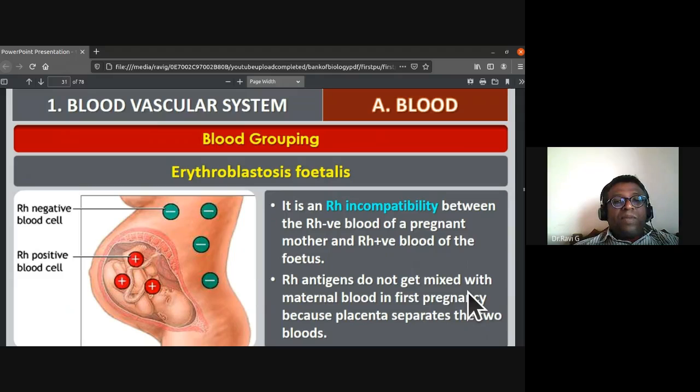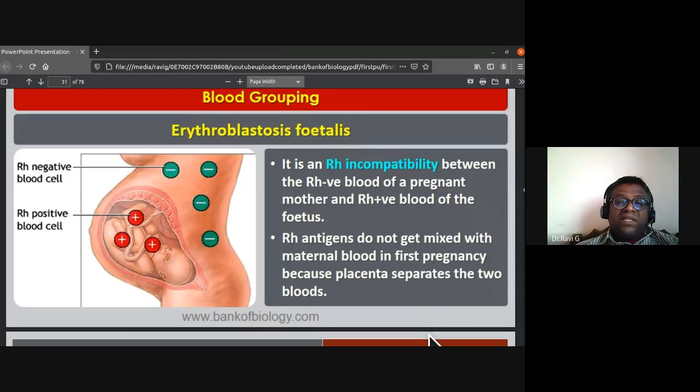So the blood grouping, the Rh negative blood cell, Rh positive blood cell. So it is erythroblastosis fetalis. It is an Rh incompatibility between the Rh negative blood of a pregnant mother and Rh positive blood of the fetus. Okay, so Rh antigens do not get mixed with maternal blood in first pregnancy because the placenta separates the two blood